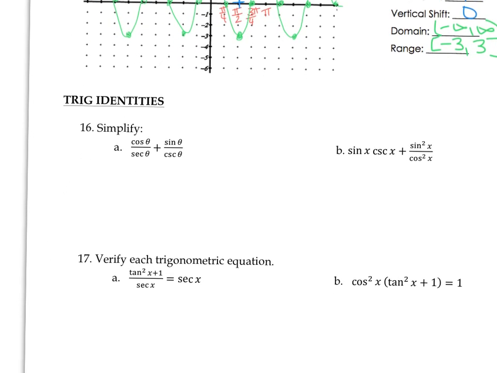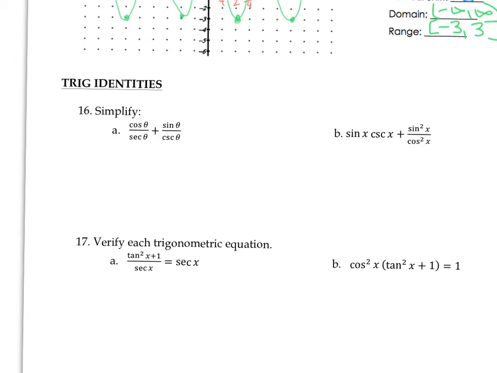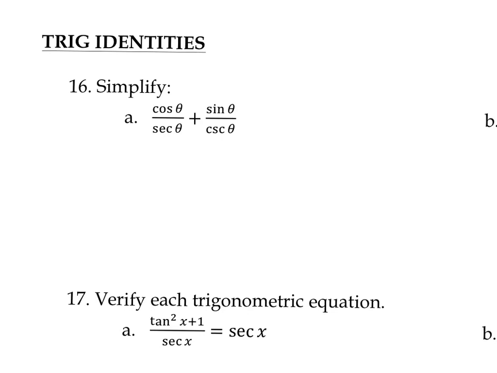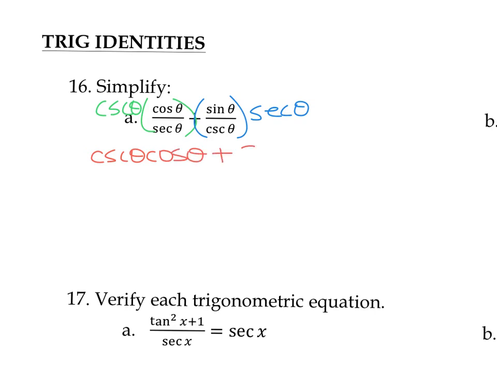If we keep going, let's talk about some trig identities, but before we do our trig identities, we want to simplify. So if I go through and I simplify, they need to have common denominators. So I'm going to multiply this side by cosecant of theta, and I'm going to multiply this side by secant of theta. So here I have cosecant of theta, cosine of theta, plus sine of theta, secant of theta, all over